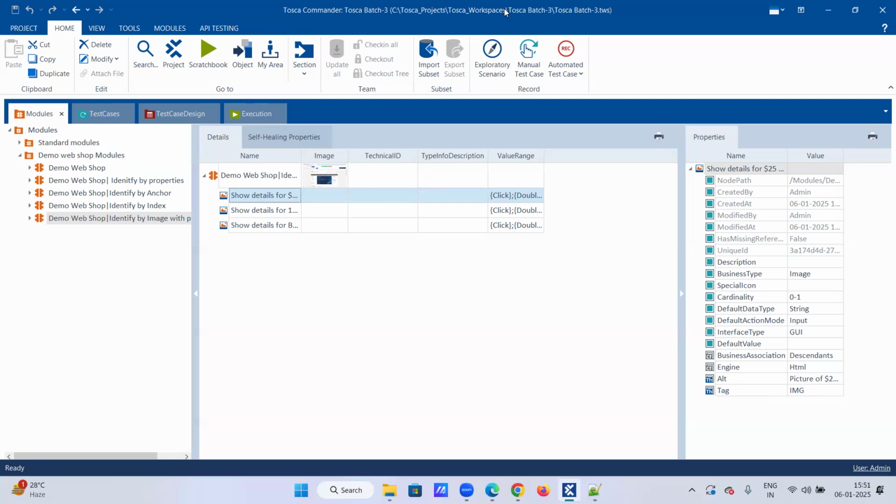Otherwise, 90 to 95% of the work will be done with the properties and anchor methods only. And here, with the image, when we want to identify and make it unique, what type of option are we choosing? Properties only, right? Identify by properties, this method we are choosing to make unique, but it won't work with the